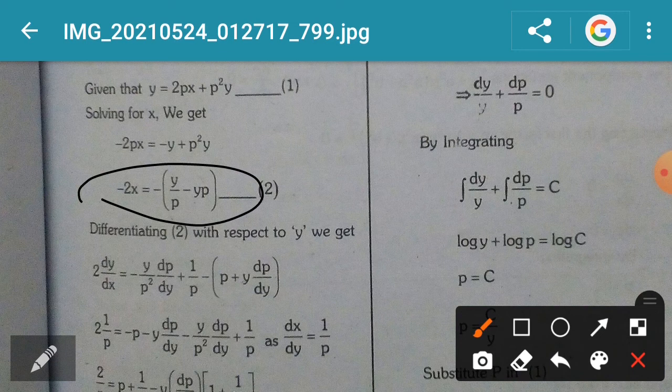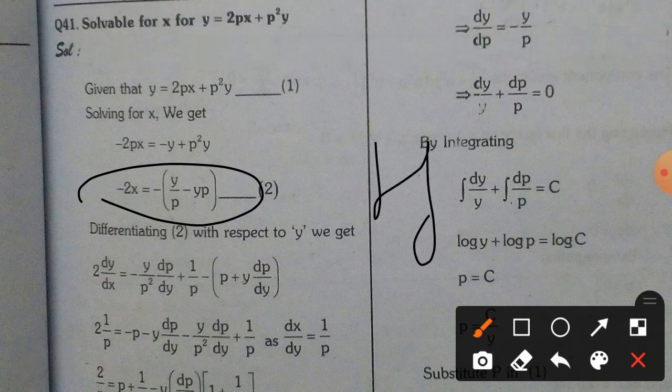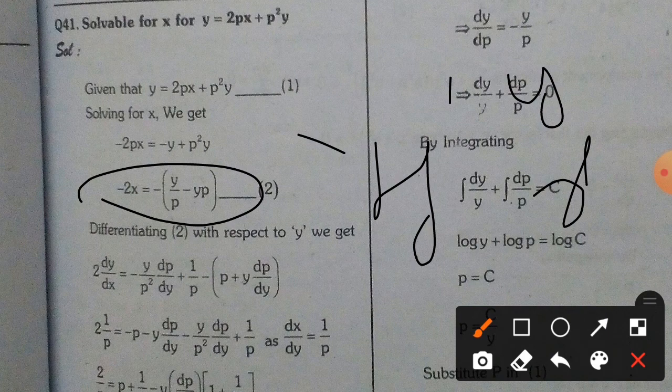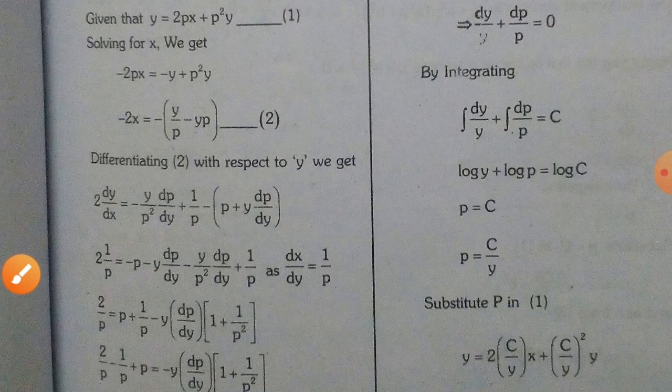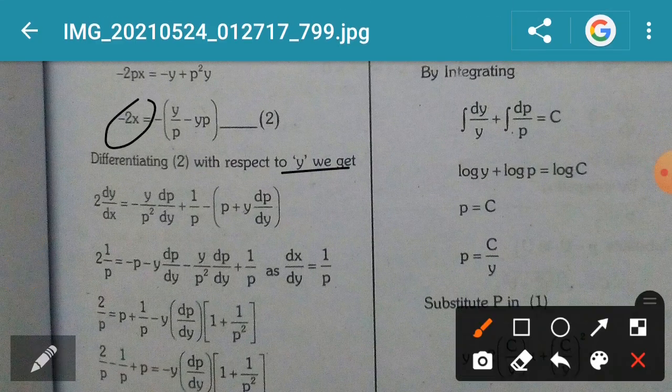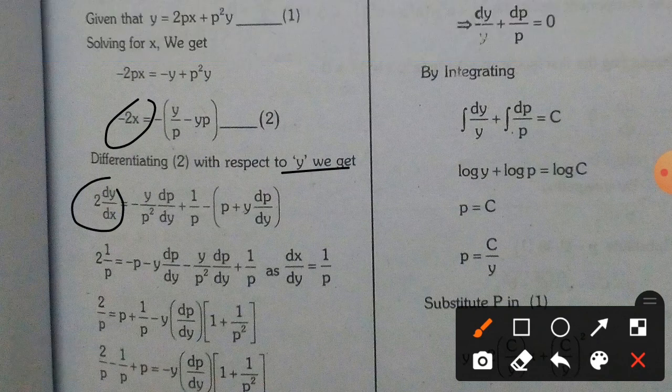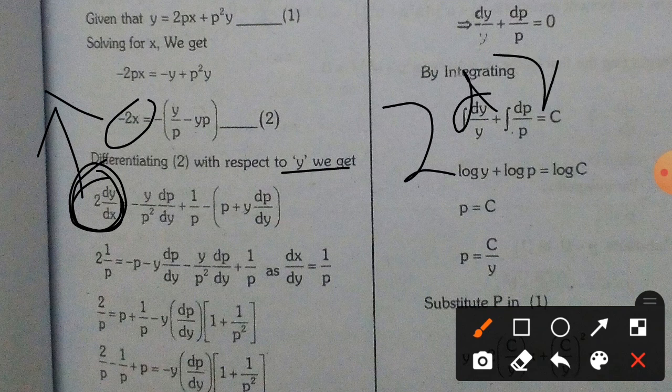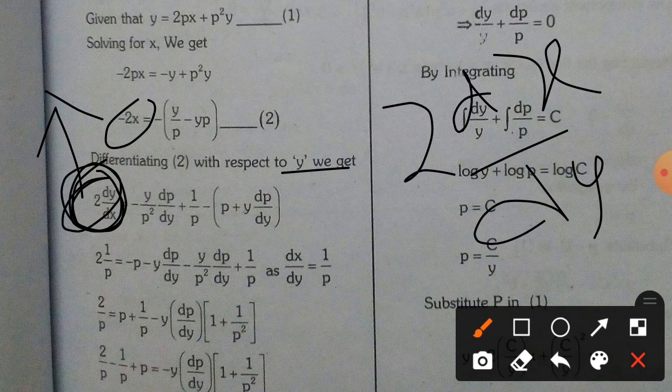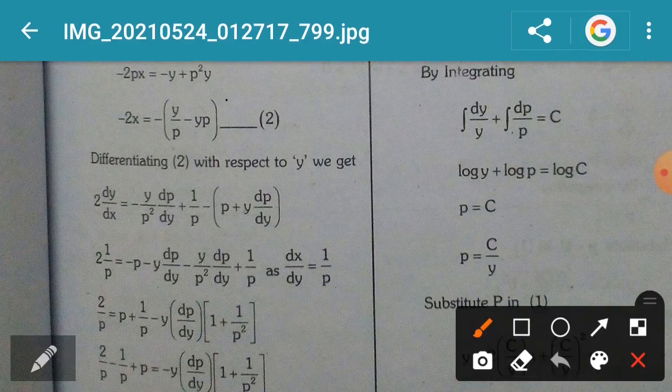Now soluble for x we differentiate with respect to y, and soluble for y with respect to x. Here which is soluble for x, that's why we differentiate with respect to y. Here 2 into x differentiation with respect to y, actually 2 into dx by dy. Here dy by dx is a printing mistake, it is dx by dy. Here, since the x term is with respect to y, it is dx by dy, not dy by dx. Here dx by dy, after which is in the form of u by v.